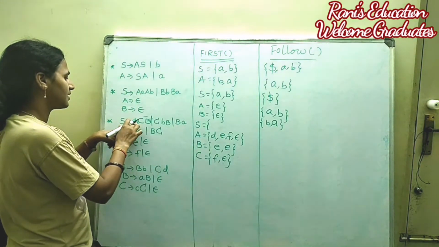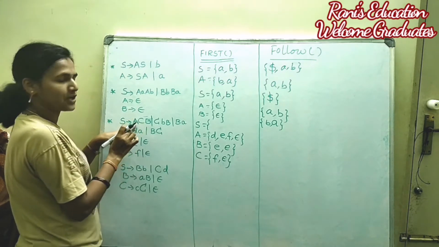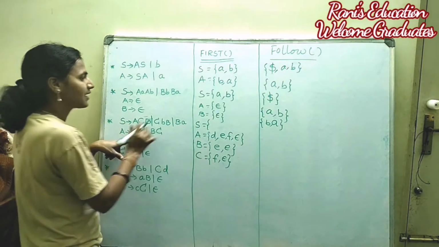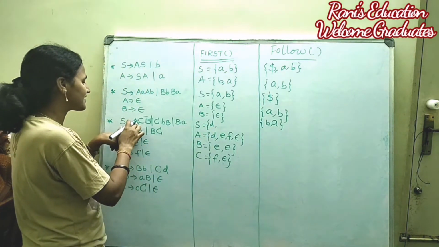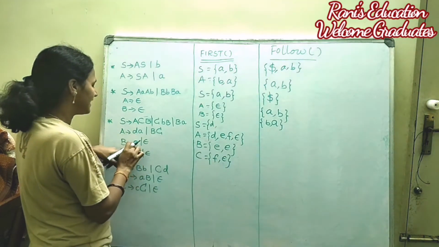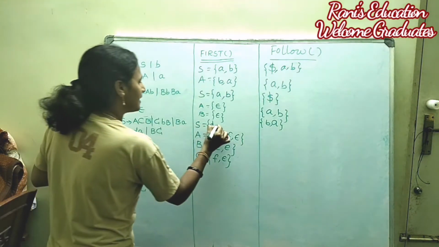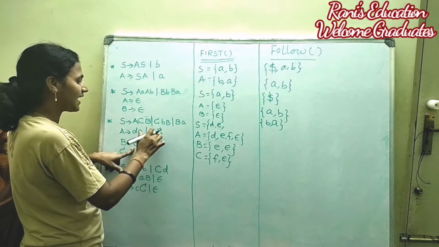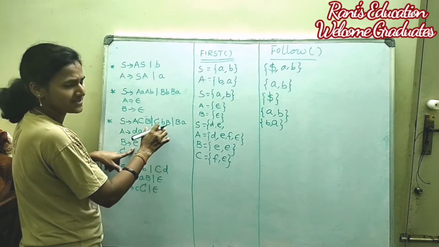Now move on to what is first of S. Okay. Now here we are going to replace A by its corresponding productions. Why? Because here A is a non-terminal. So if I replace A by the first production, that is dA, we'll get the RHS starting with d. If I replace A by BC, what will we get here? B is going to be replaced by its corresponding production, that is e. If I replace B by epsilon, then I will get the immediate symbol C. See here, C is a non-terminal.